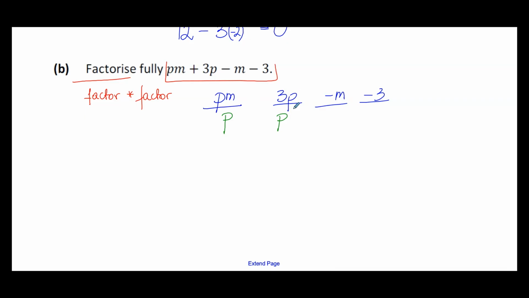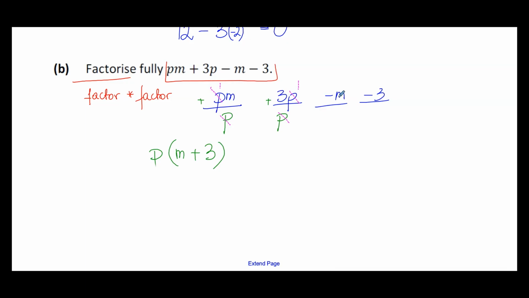Then after we check the letters, then we look at the numbers. Here is 1, here is 3, nothing to be divided by. So if I divide PM by P, then I am left here with 1, and here P by P, that's 1. So that means P, and I am left here with 1, plus, why plus? Because they are positive values, and here I am left with 3. So that's my first